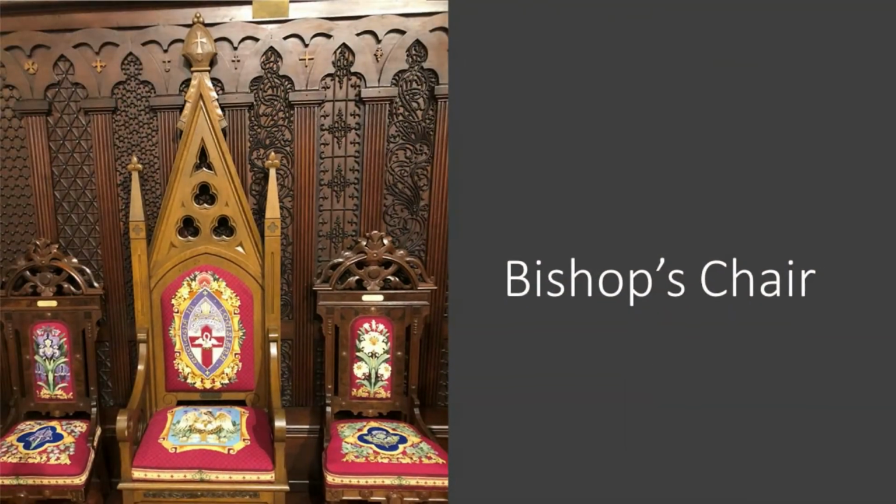Here we have our bishop's chair. The bishop's chair, if you actually go back to that last picture we saw, the bishop's chair was in that picture. However, it was covered with leather, and the needlework, all of the needlework, and we're not going to go through all of those here, but you'll see them throughout the pictures. That needlework has all been done by parishioners over the years, and it's just absolutely a true beauty and art, and something that is a key part of